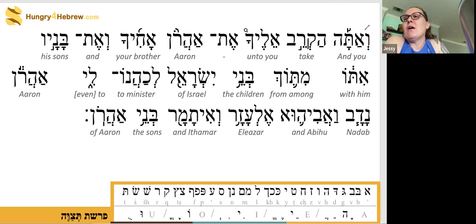Ve'ata hakrev elecha et acharon ahicha ve'et banav ito